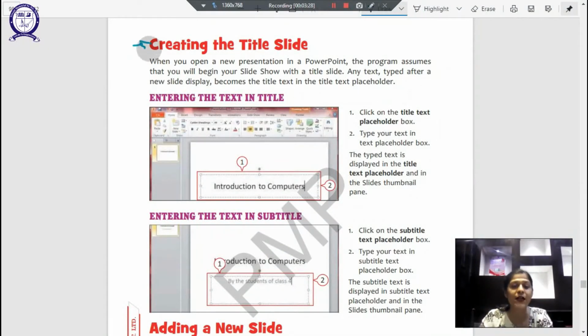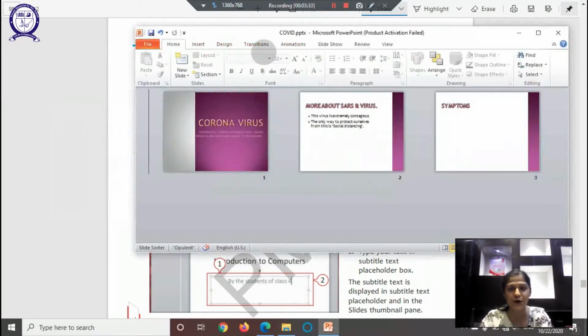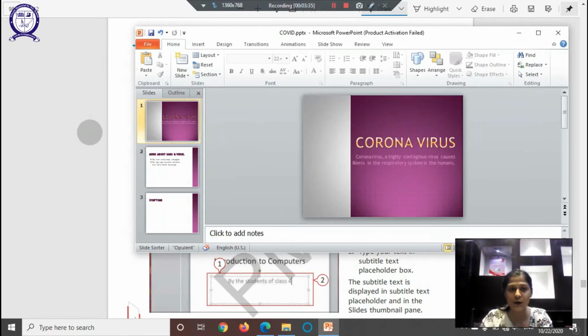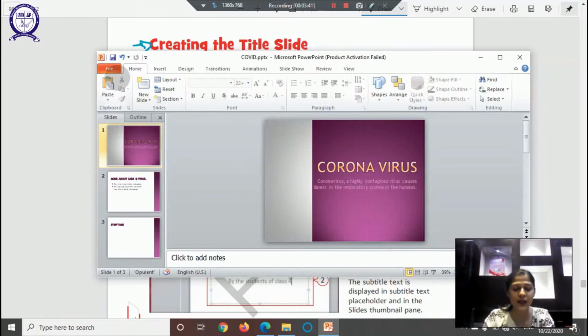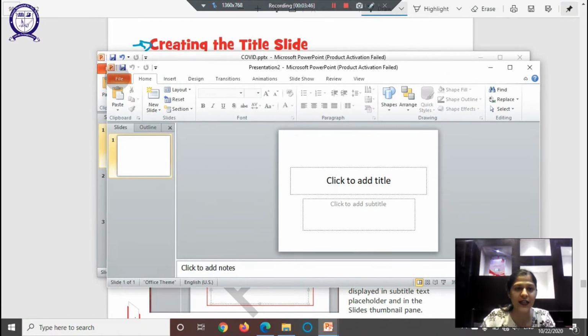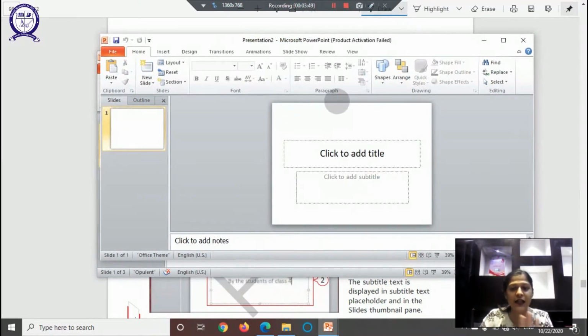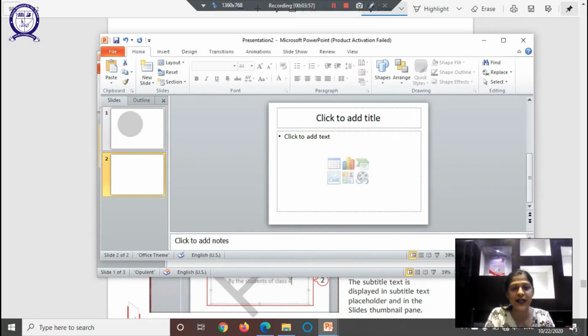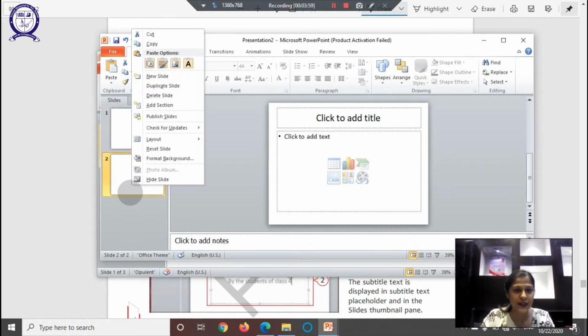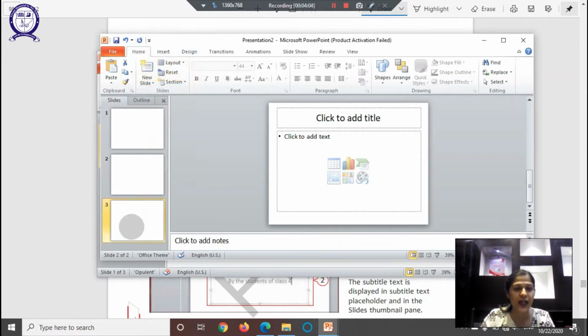Now this is the fun part whereby we'll actually create a slideshow in the PowerPoint application. So let's move here and change it to the normal view. So I have created a demo slide for you. Let me show you what a new PowerPoint blank slideshow looks like. If I open something like this, it opens up like this. There's nothing in this slide, no data, nothing. So that's what it looks like. If I want to add new slides, I can press Ctrl M, or I can simply come here and right click and click on new slide, right children?